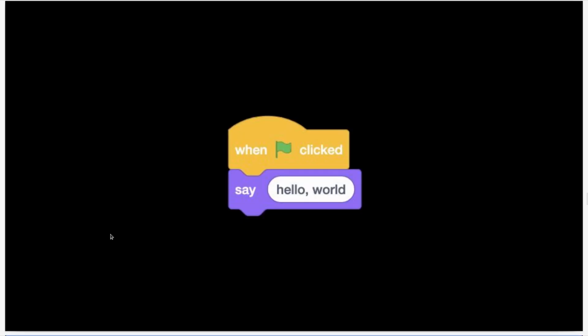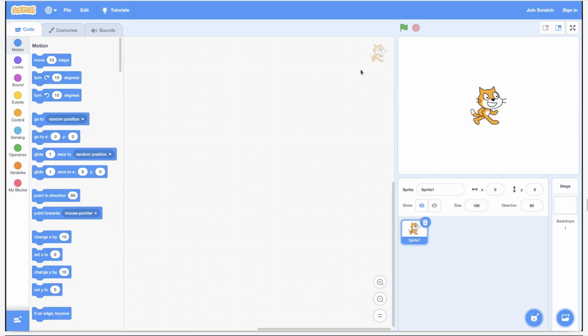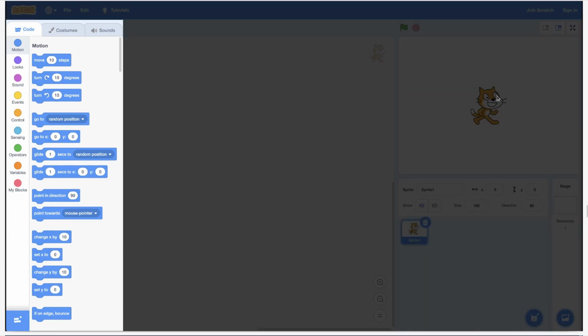So now coming to Scratch. Scratch is an interactive web platform on which you can design simple programs simply by dragging and dropping blocks. So here we have designed a simple Hello World program. This first block is: when the green flag is clicked, say Hello World. So when you click this green flag, our character over here says Hello World. Now what is this platform exactly? How would you use it?